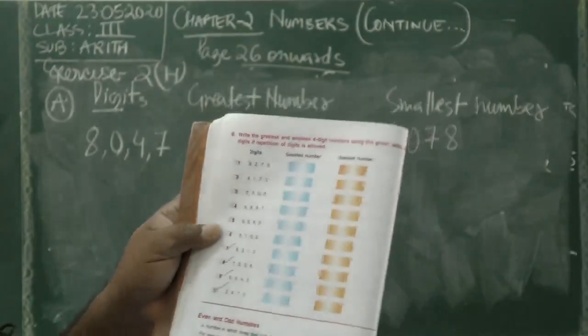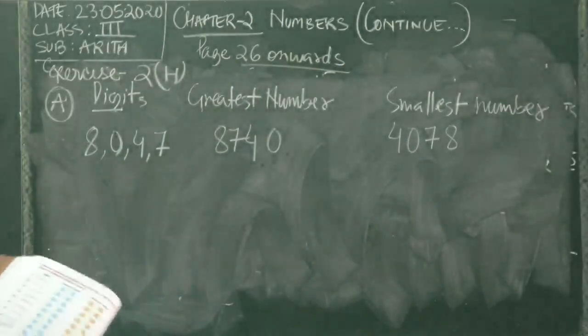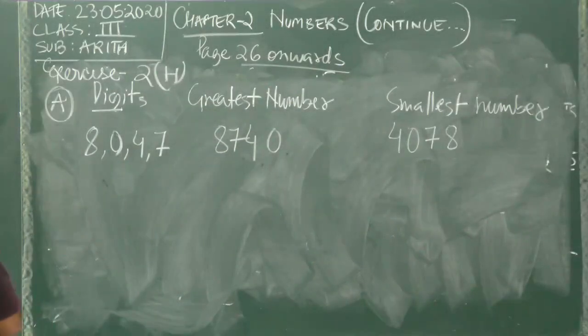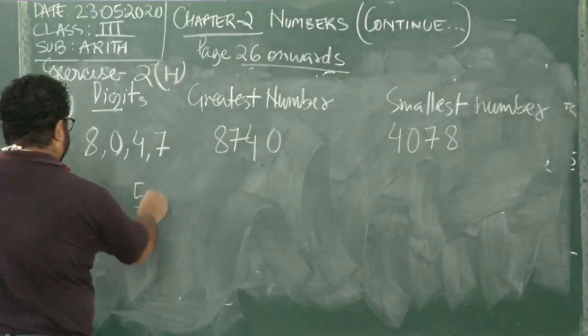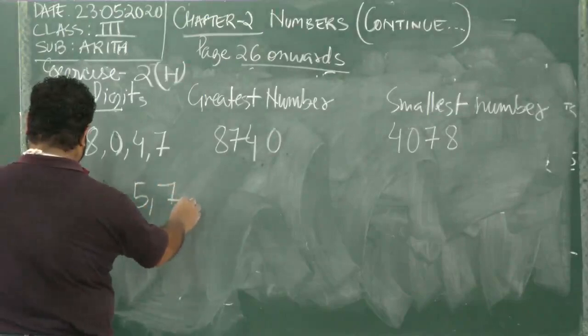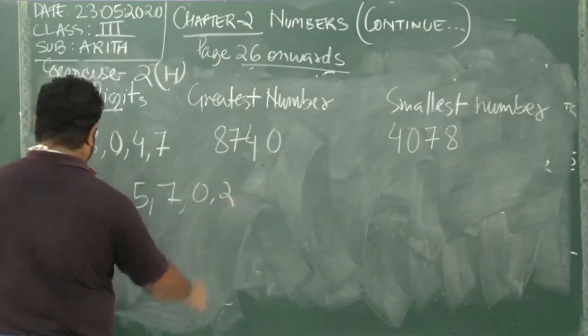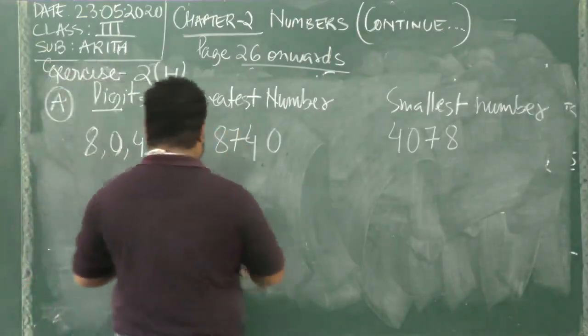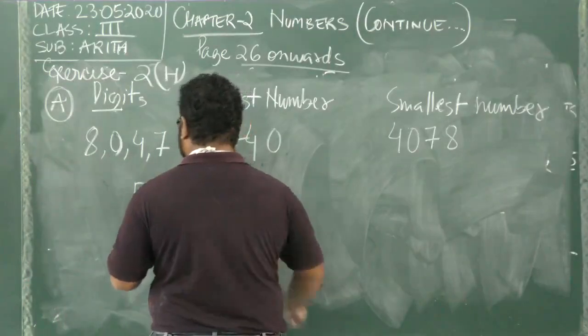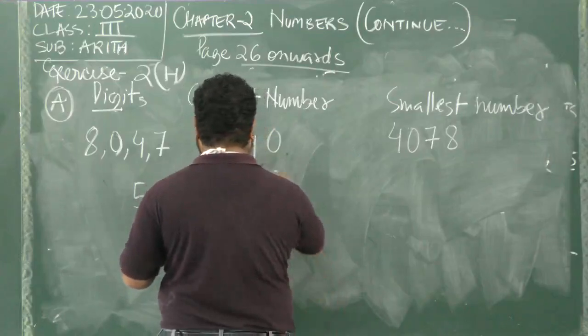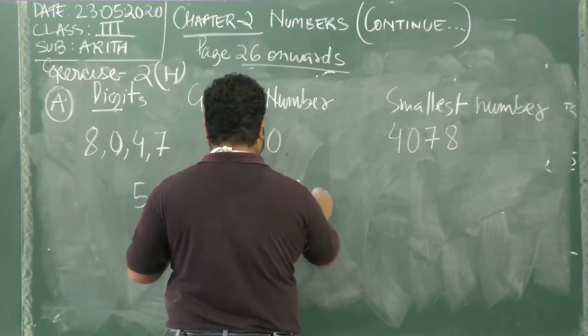You can do that. Very simple. I'll do number 6 for you, which says 5, 7, 0 and a 2. So the greatest number would be, we can repeat that, right? If repetition is given, so 7, 7 and a